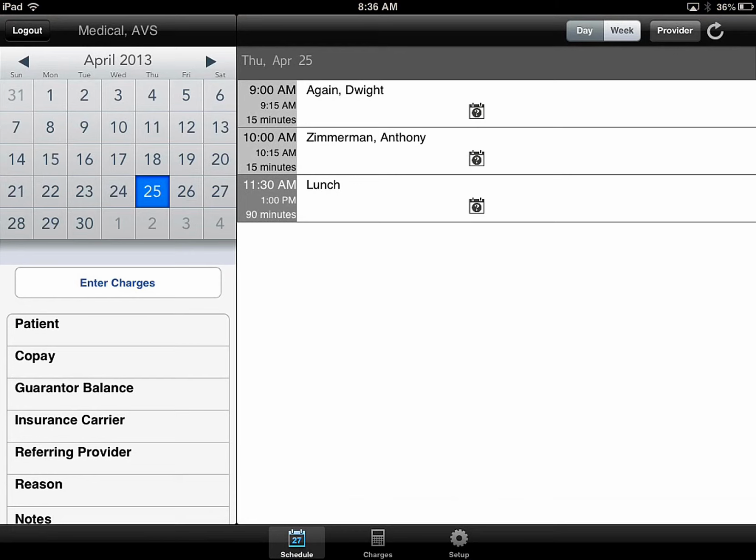Okay, I'm going to run through a quick video of how to customize your electronic super bill inside of Medisoft Mobile or Lightech Mobile. They're both exactly the same, so this will apply to both. Go ahead and log into Medisoft Mobile on your iPad or your iPhone, and when you do, this is the